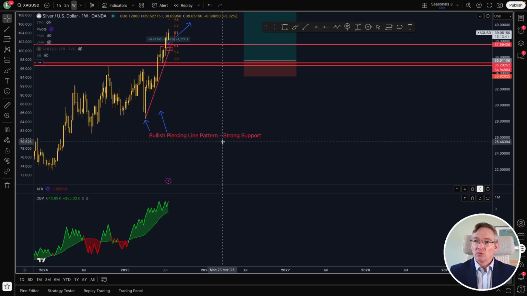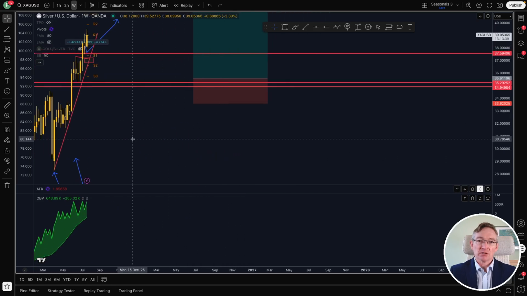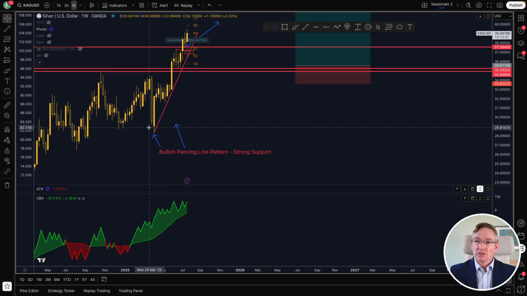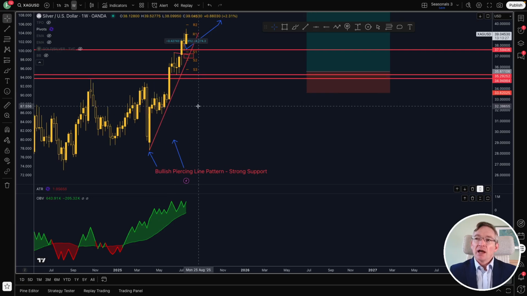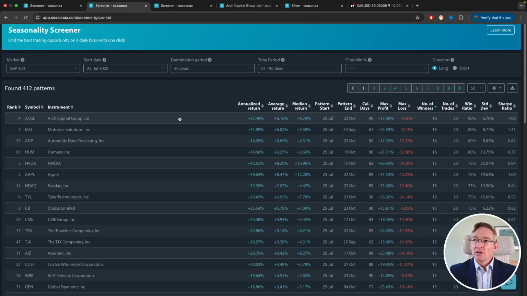I won't go into what the bullish piercing line pattern is now because it will take too long. But you see a great bullish piercing line pattern, fantastic support. Then we had a false break of an inside bar here on the weekly chart, another opportunity for longs. And then as price was going up here in early June, this is where I looked at